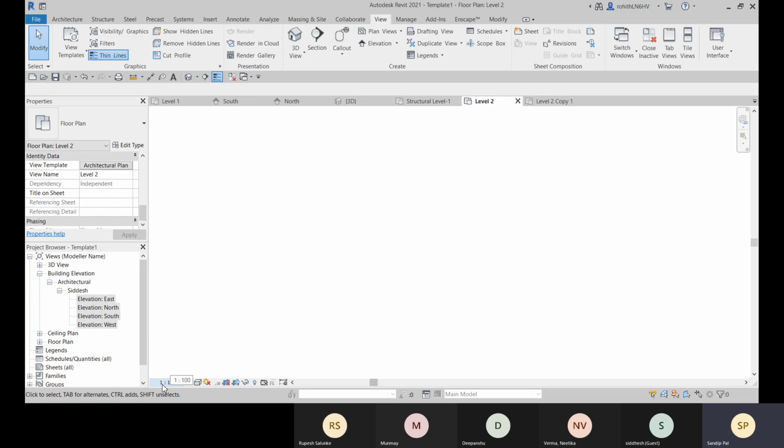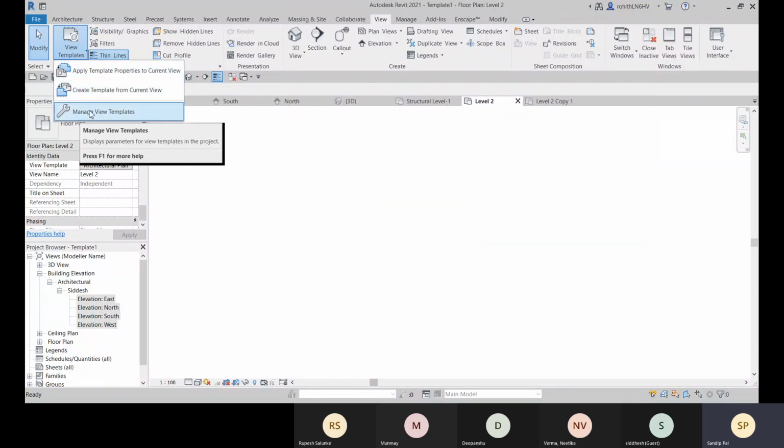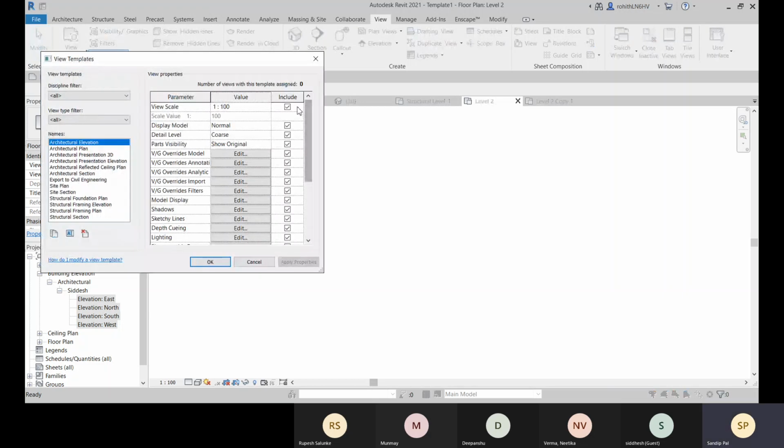This view scale was excluded. So I can change this view scale, but other options are grayed out, deactivated. I cannot change it because it is locked within that view template. So if you need to change anything, you need to customize that view template again. So go for this apply template properties. No, not apply template. Go to this manage view template, and choose that architecture plan, and go to this.